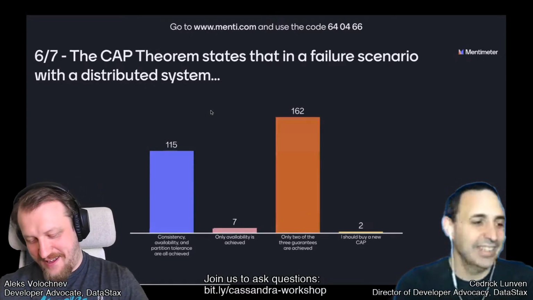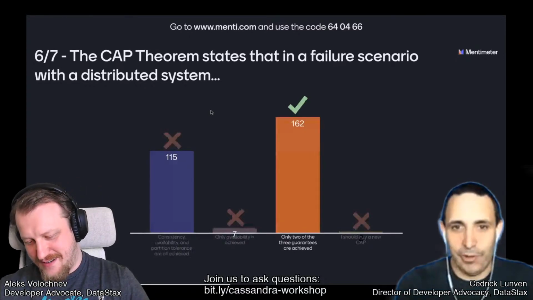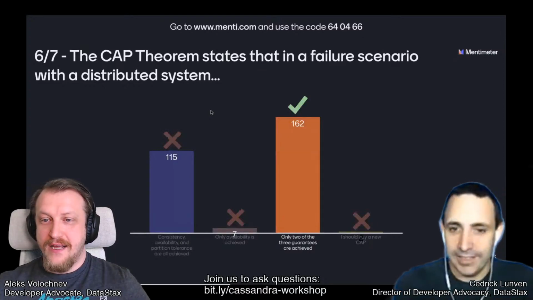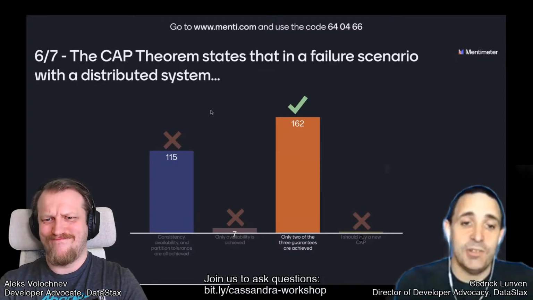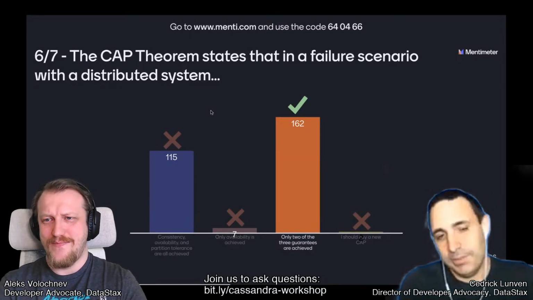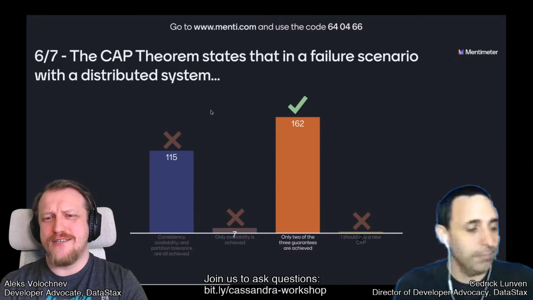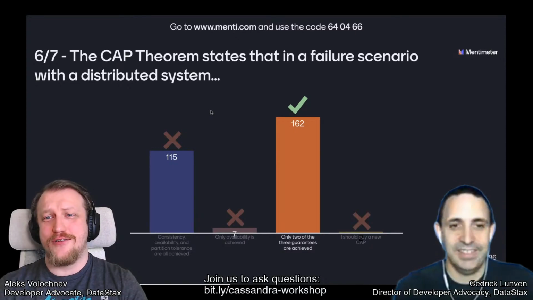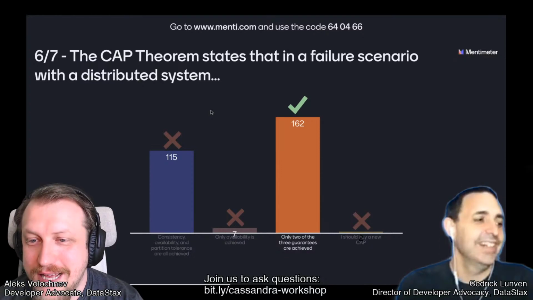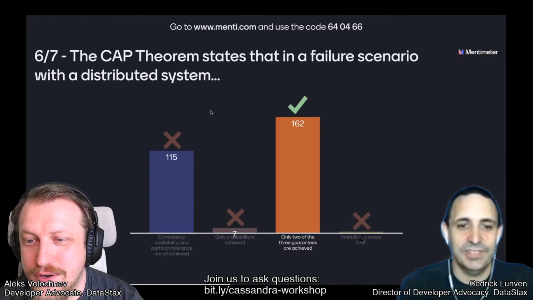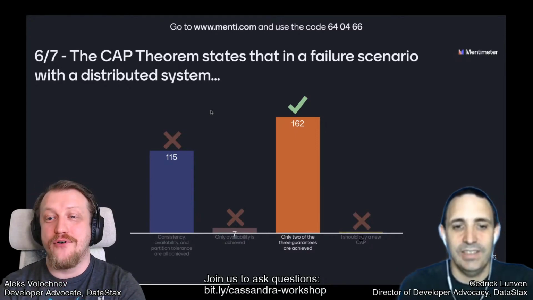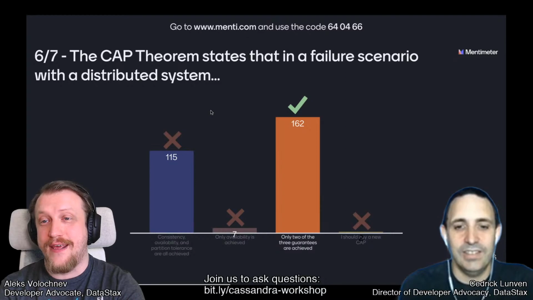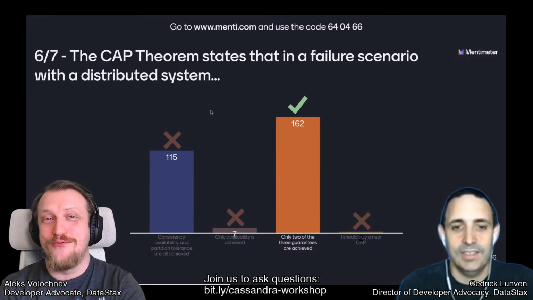I love it. So the question was fired a bit quickly. Yeah, sorry about that. Okay, only 2 of the 3 guarantees are achieved. Yes, you cannot do everything at the same time. You need to pick 2 of the 3. It was a trap, people, and a lot of people got into that. Consistency, availability, and partition tolerance are all achieved is a wrong answer because you can achieve only 2 out of 3. That's what the CAP theorem states. You tried to answer too fast.